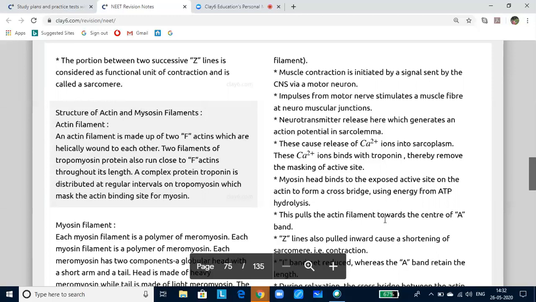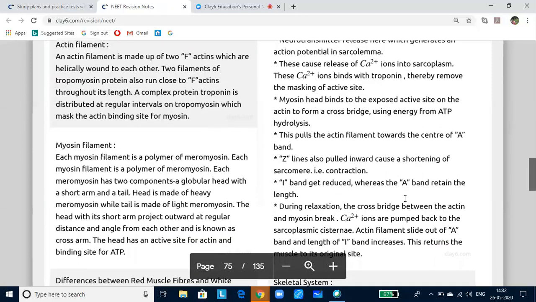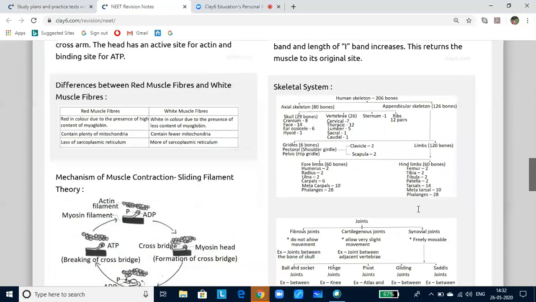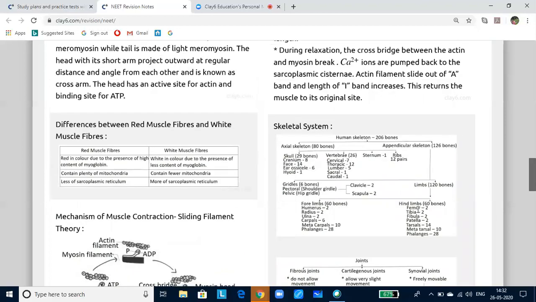Troponin is made up of three subunits. One set of three troponin subunits is associated with each molecule of tropomyosin, and it's involved with the activity of 7 actin molecules. Now with this, let us look into the mechanism of muscle contraction, which is explained based on sliding filament theory.